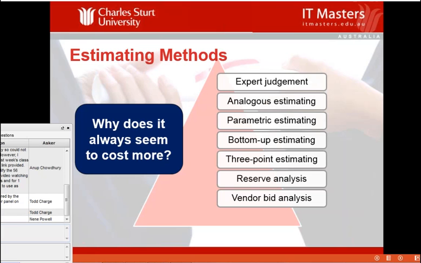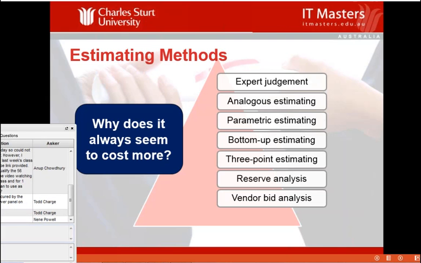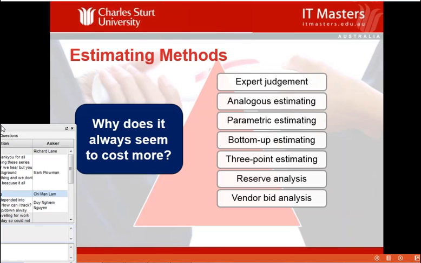We've got the 3-point estimating, and the 3-point estimating looks at what is the most optimistic of your estimates, what is the most pessimistic and the most likely. So you add the most optimistic to the pessimistic and then add 4 times the most likely and divide that by 6, and that should give you an estimate that happens to be tailored to maybe be a little bit more acceptable. The reserve analysis: we mentioned the fact that you need to have reserves as part and parcel of your estimate. So there's, I suppose, a bit of work that needs to go into managing your reserves and determining what they are.